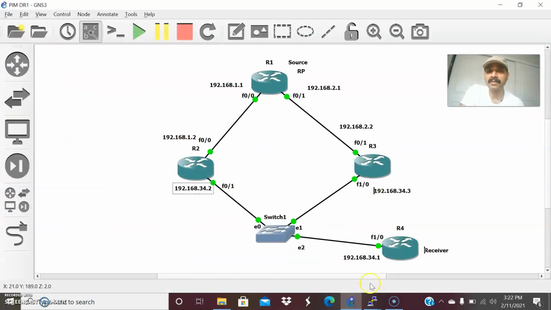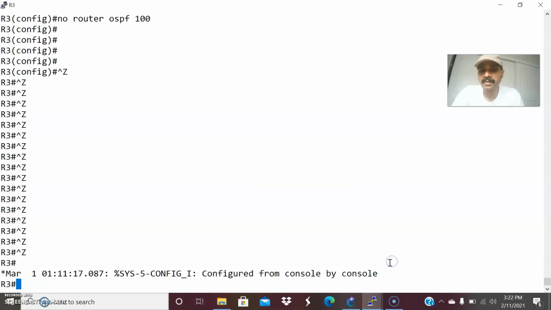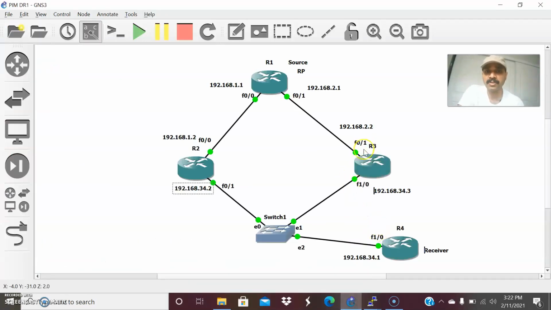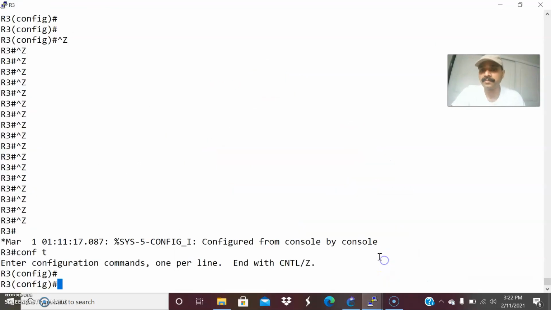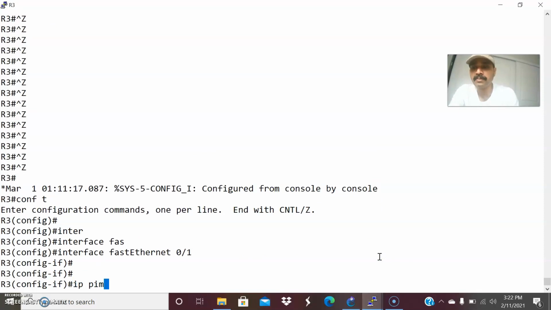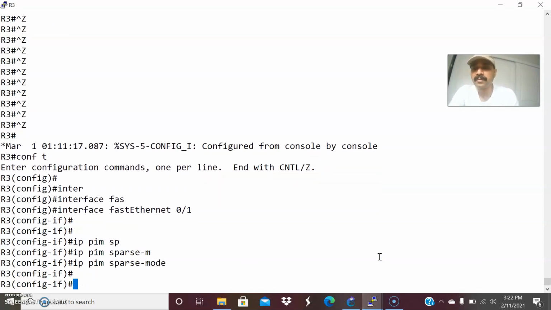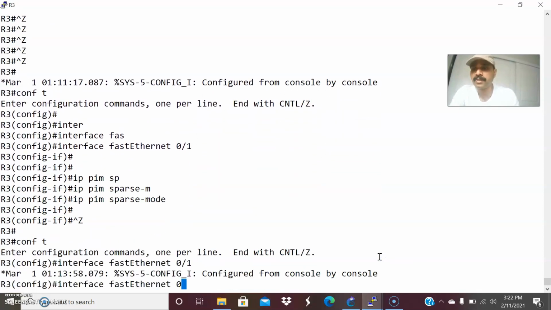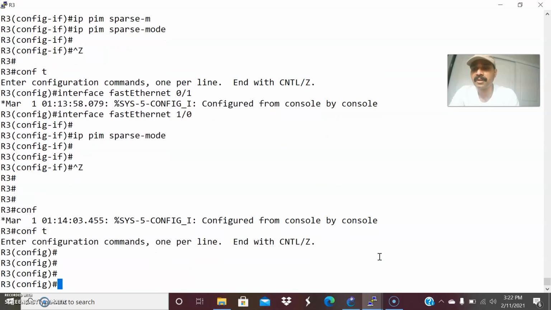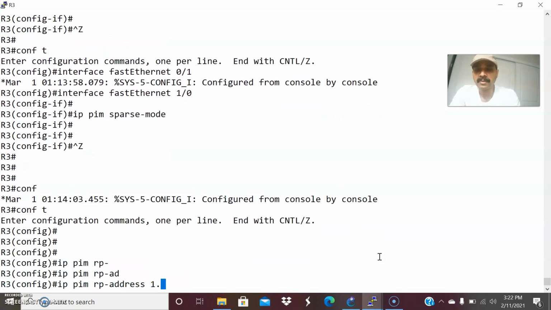So only R3 and R4 are pending. Let us quickly configure. Go to the configuration mode, and R3 also has two interfaces, FastEthernet 0/1 and 1/0. So interface FastEthernet 0/1, IP PIM sparse mode, and also FastEthernet 1/0, IP PIM sparse mode. Then we'll configure the RP address. IP PIM RP-address is 1.1.1.1.